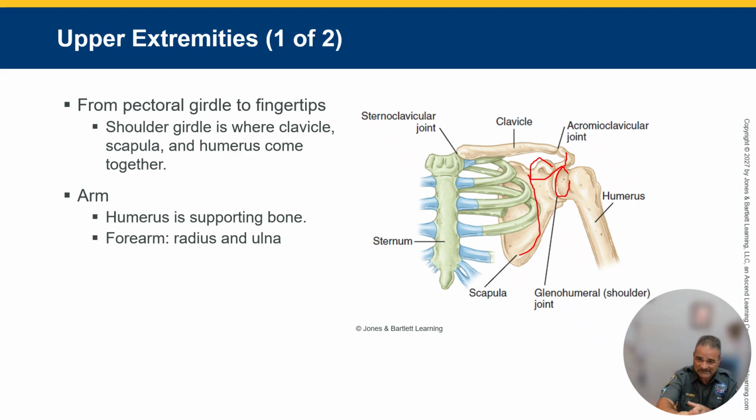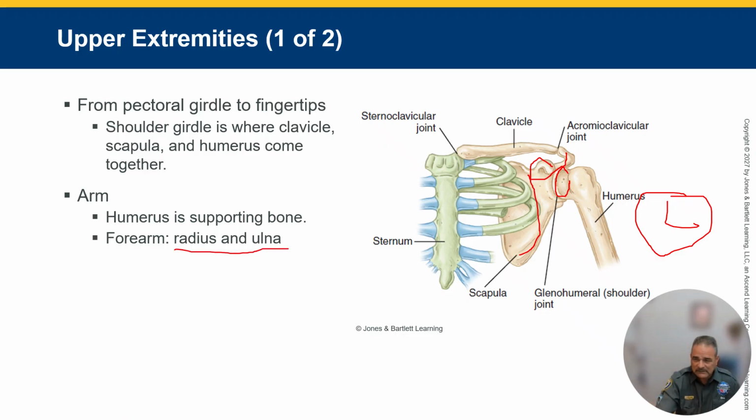You have a duplicate set of this upper appendicular skeleton on the other side. This is the left. Remember, they talk about patients' left and right. This is the left side. And then the arm, obviously you have the humerus, and then you have the forearm, which consists of the